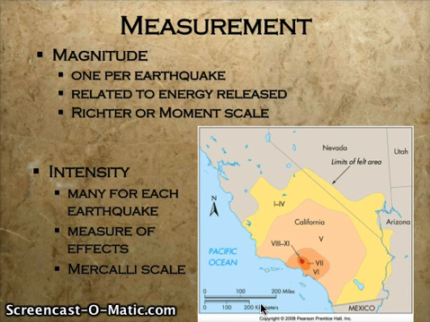So the intensity is useful because it shows us the impact that an earthquake of a given magnitude will have in an area. And it allows us to study the effects of an earthquake and then look at what caused different amounts of damage in different areas. If you look at the map on the right-hand side, you can see it has a series of zones from that deep red zone, which has an 8 to 9, to the orange, which has a 7, and then the lighter orange is a 6, and so on. And so it looks kind of like a bullseye pattern.